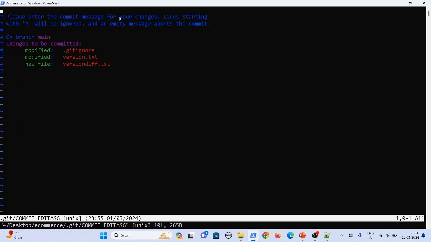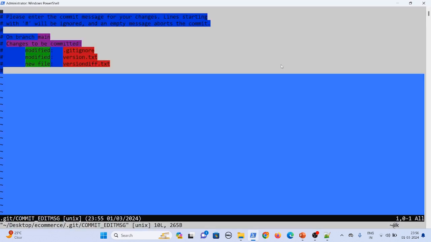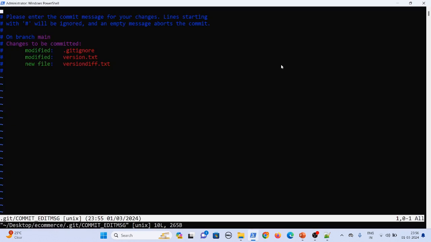If you see here, whatever comes under git status, you can see the same content here. Now you can write the git commit message here. You can remove everything, or you can just type your message here. Anything works fine. So what I'm doing is I'm adding: added .gitignore file,